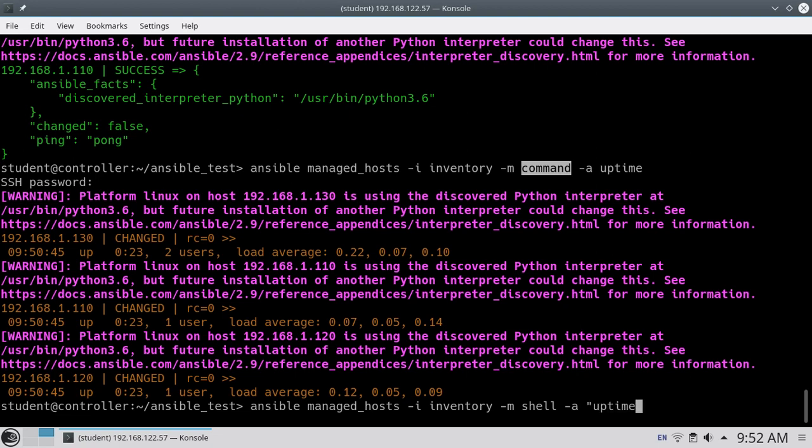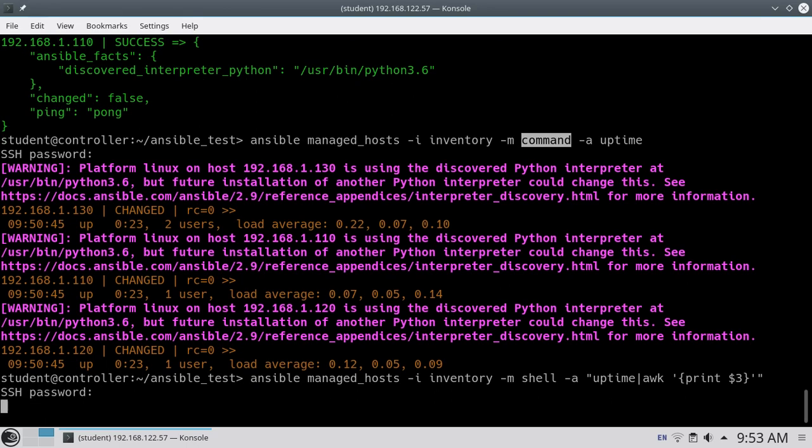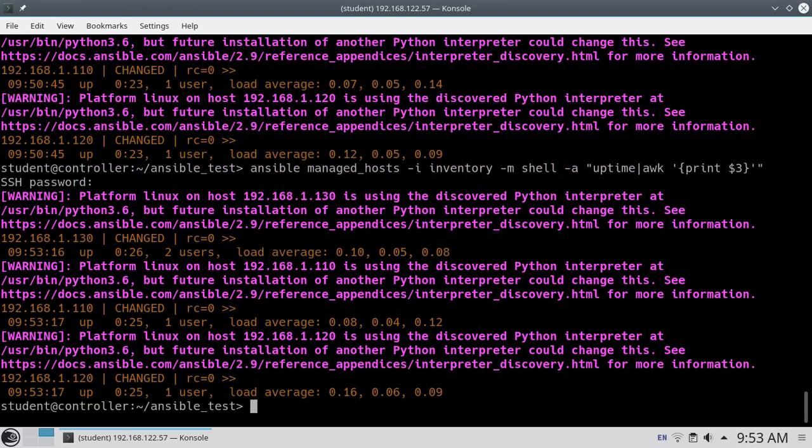Suppose with uptime, now if I want to see only $3, so how much time only. So let's run this. You will see I will get only the particular part, so somehow it didn't take it, fine.